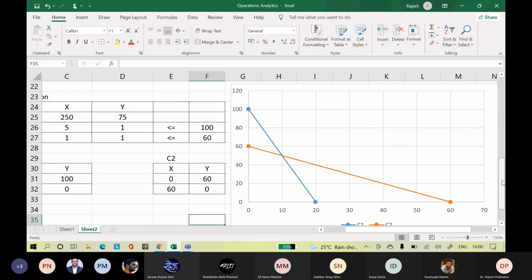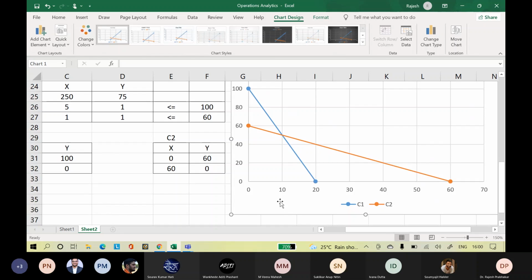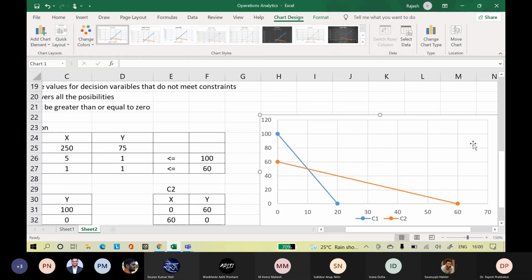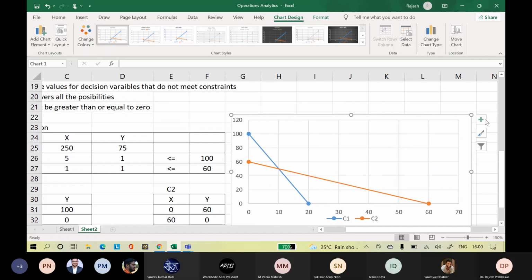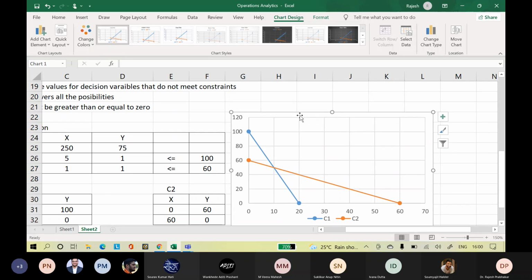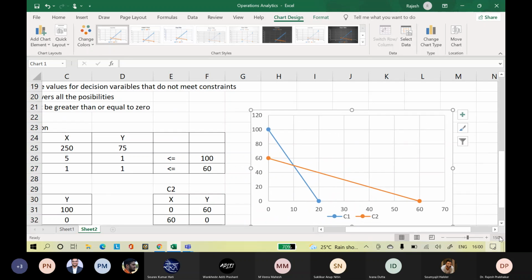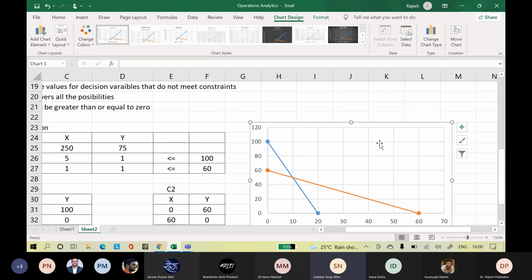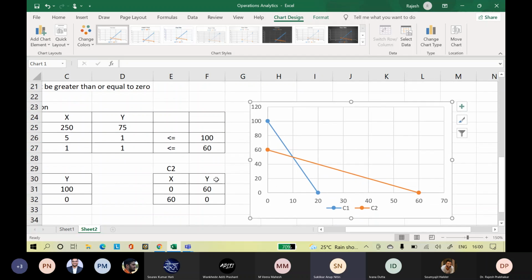So based on the constraints, we got the region that we call the feasible region. So what is the feasible region here? Sir, under the 60 of x-axis till 20. Sorry, sir. X-axis 20 to 60. Yes, sir. Right. This is 60, 0. This is also 0. This is 0, 60.